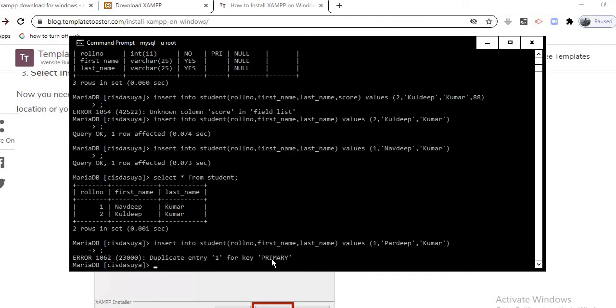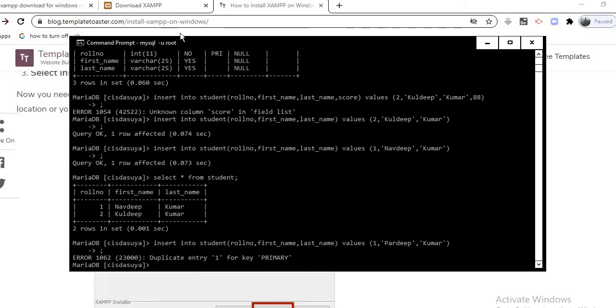So hopefully today we have done extensive work. We have discussed a number of issues today. First and foremost is the installation of MySQL. For that we have installed XAMPP software. I can again revise the steps here.